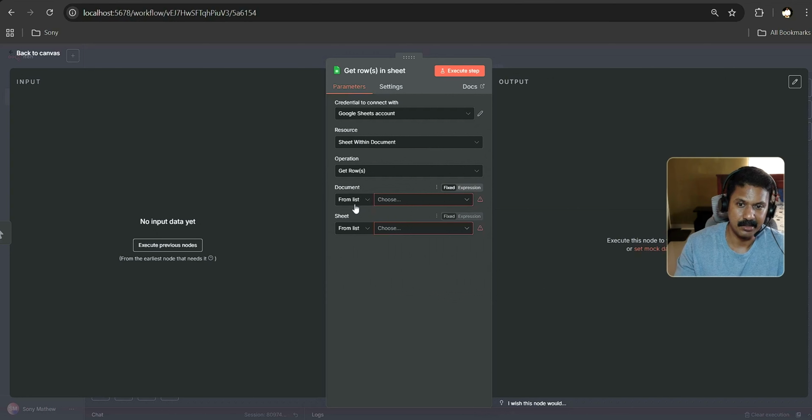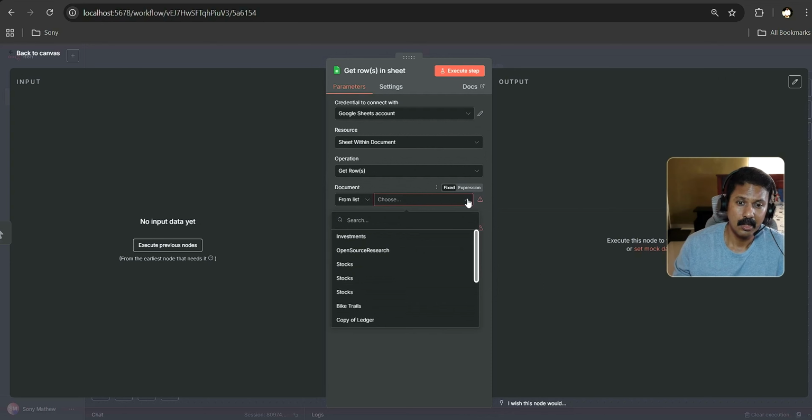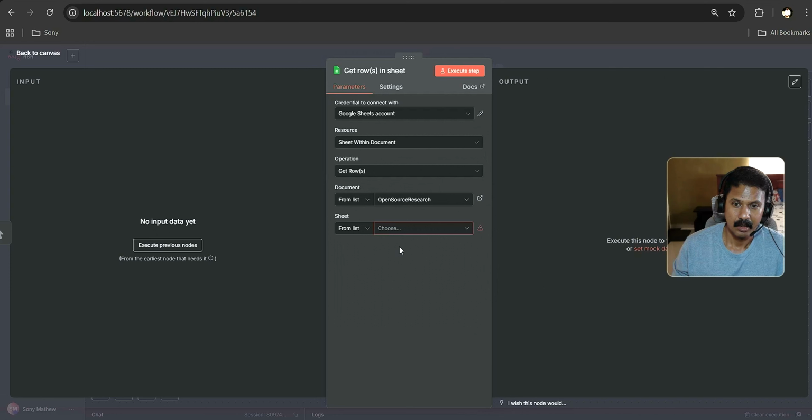But the easiest way is you just select your list there, and then if you've configured it correctly, whatever Google Sheets you have created should appear here. So you can see I have quite a few Google Sheets available here. And the one that I'll be choosing is Open Search Research, right? And then it says